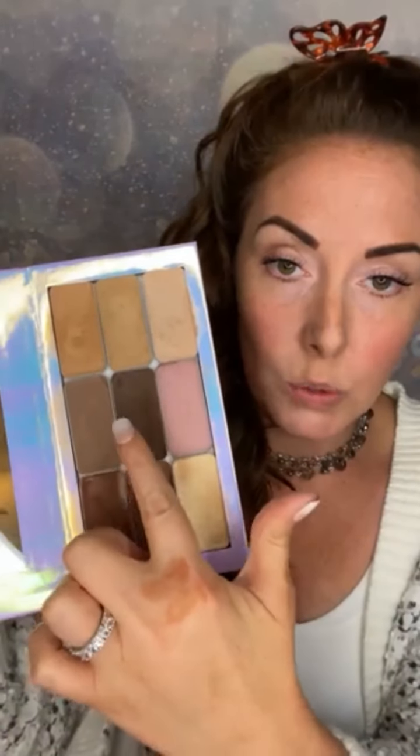I have 2 contour colors. I have my lip conditioner, which is like a lip balm. I have an illuminator, and I have 2 bronzers. This one's Bella bronzer. This is one of the new ones. It's Heat Wave. And in this section, I have all of my lip and cheek colors,